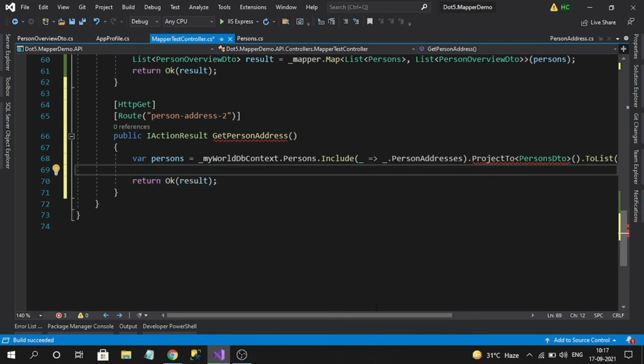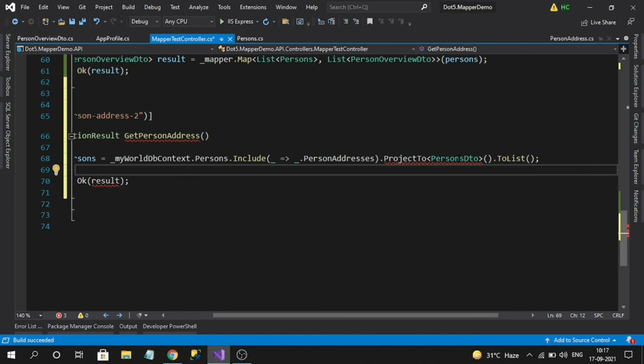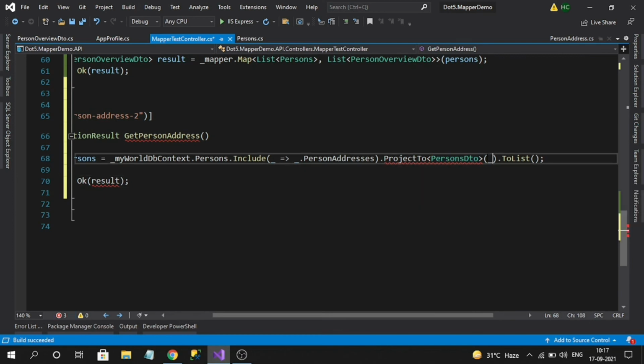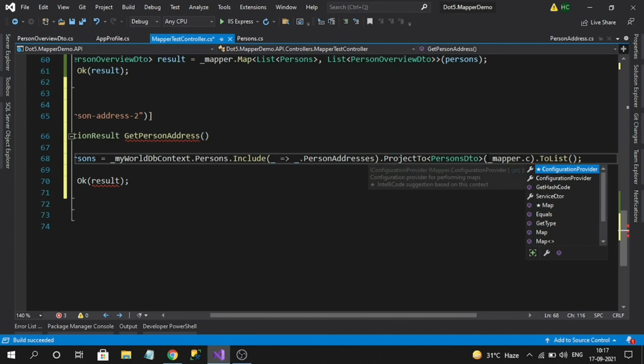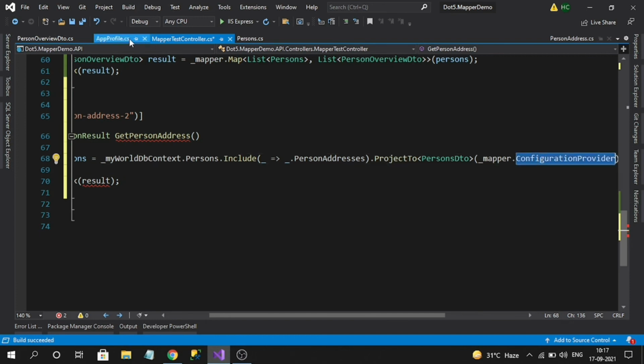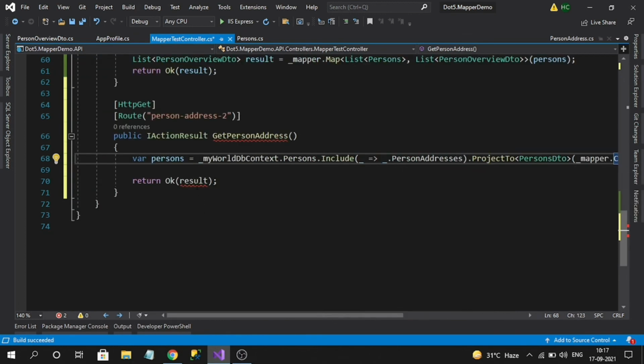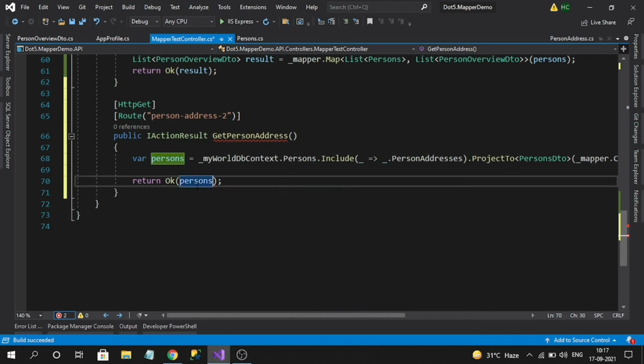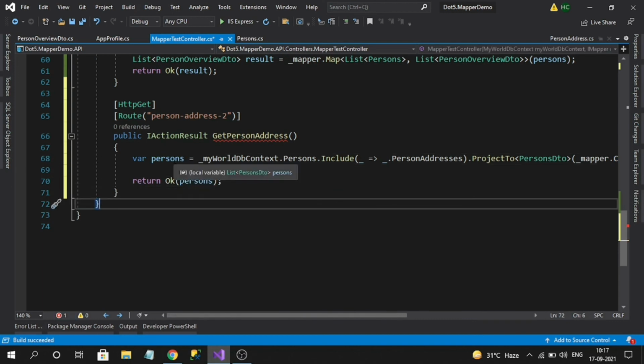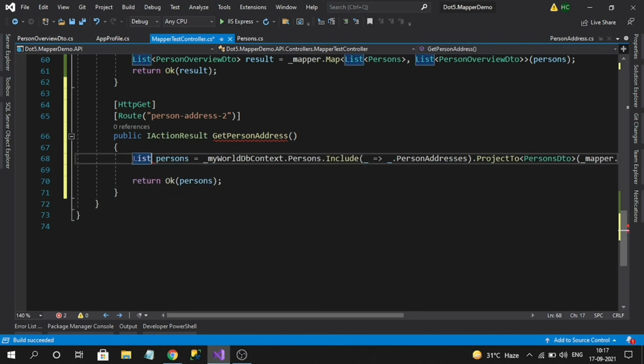Directly for the direct SQL query only, we can apply for DTO objects. But here we need to pass mapper.configurations so that it can reach this profile configuration. Okay, for the project 2 method. Like that we need to do. Okay, so here is no results directly. So if you hover here on the person, you can see this type, list of person DTO. You can observe here, right? If you explicitly say person, okay, there is no issue here.